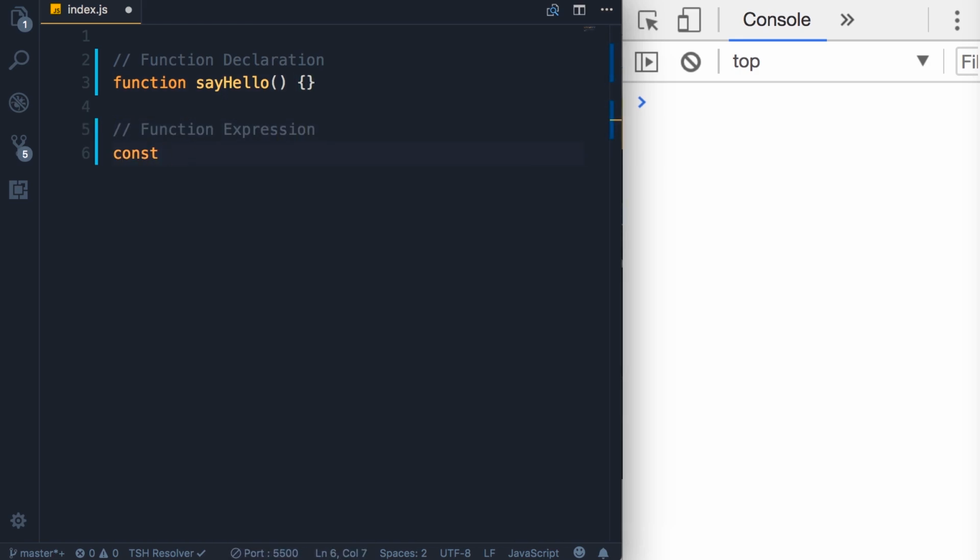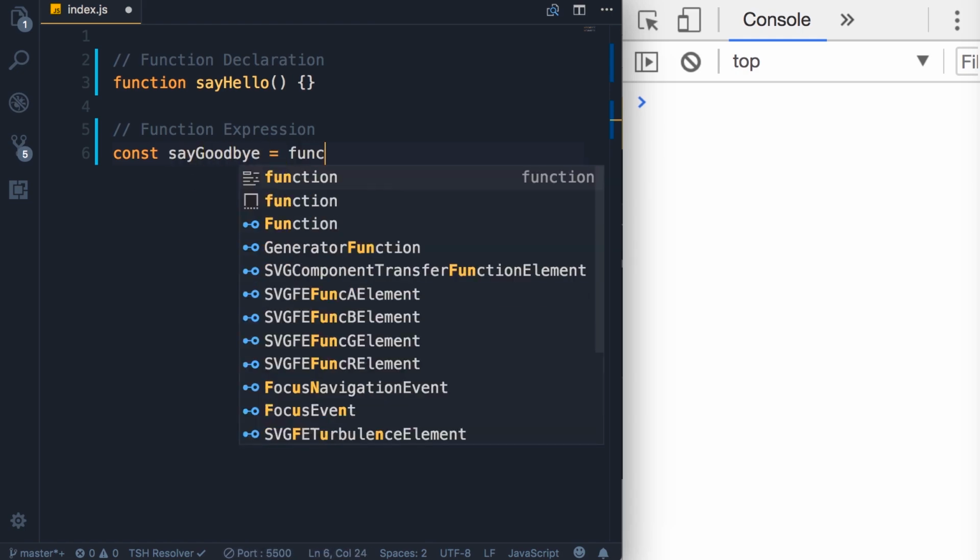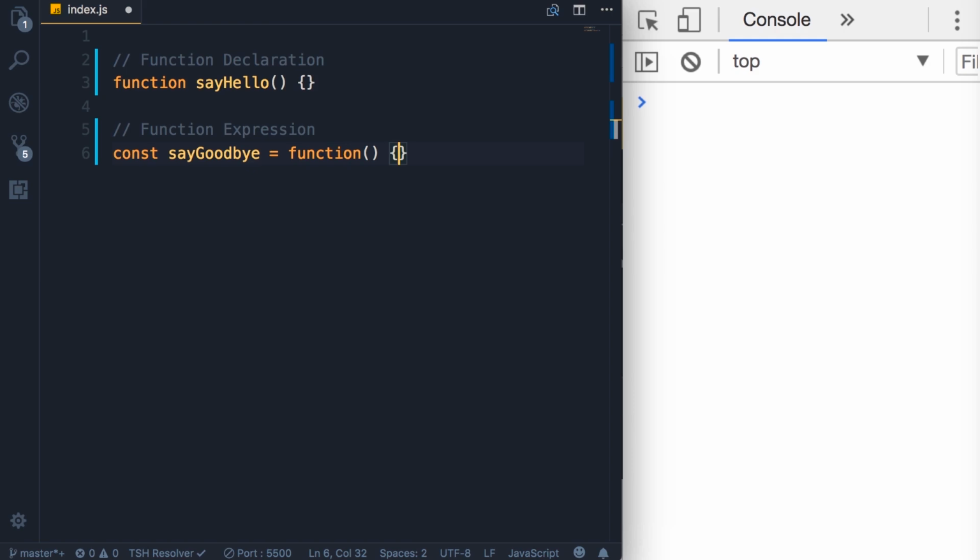So we define a variable or a constant. Let's call it sayGoodbye and set it to a function. This is what we call a function expression. Now by convention, with function expressions, we should add the semicolon at the end, but with function declarations, we don't